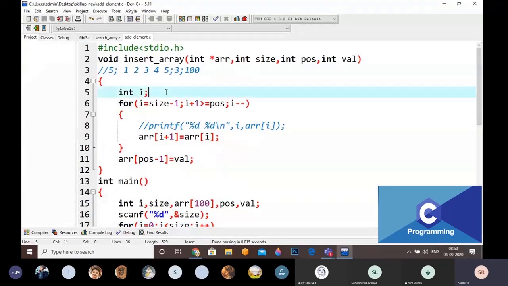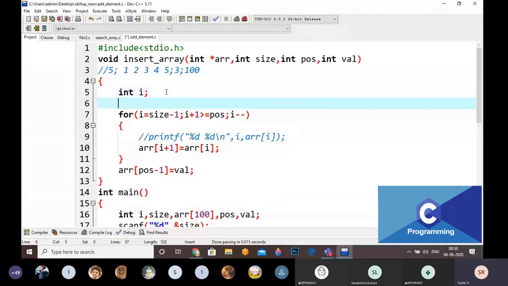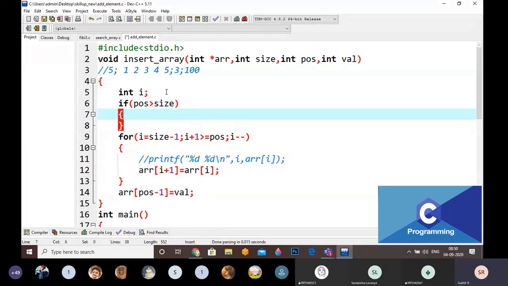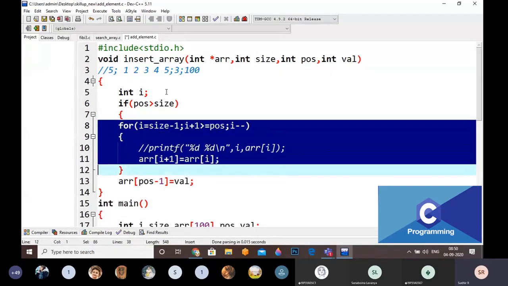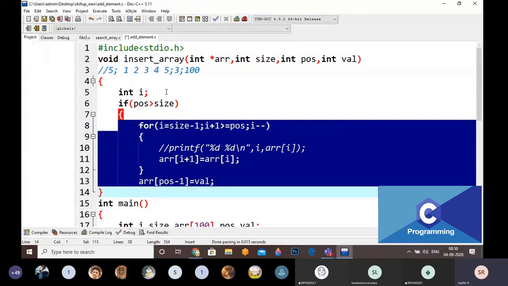Simply we can write a simple logic here. We can write, for example, if the position is less than size, only then we have to do it for all the values.